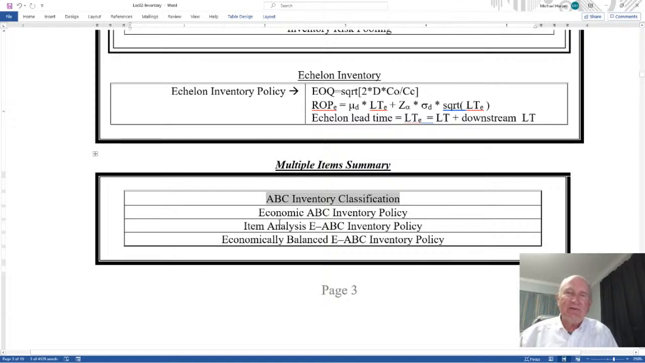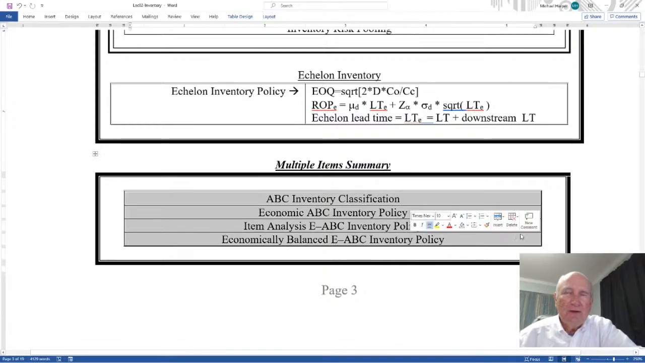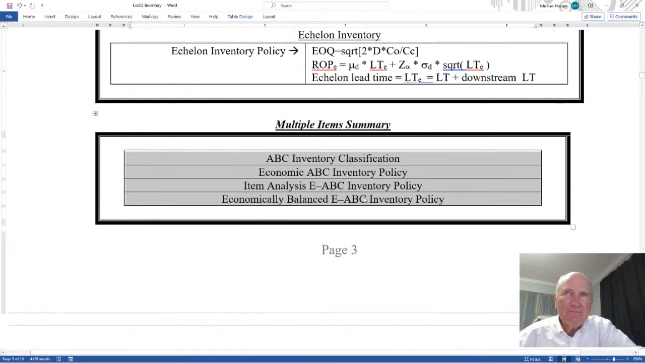That does not mean activity-based cost. It's ABC inventory. And here's where you get in some very, very practical techniques on how to manage inventory. So,